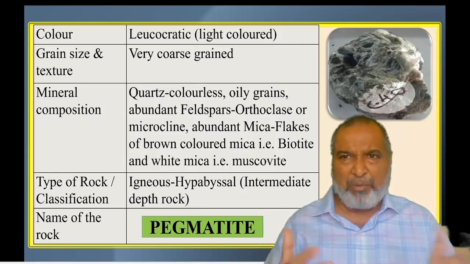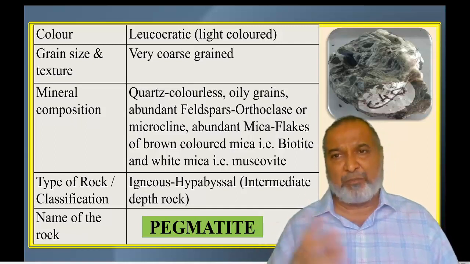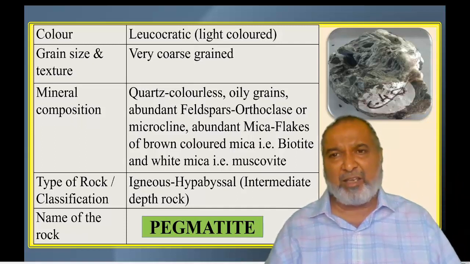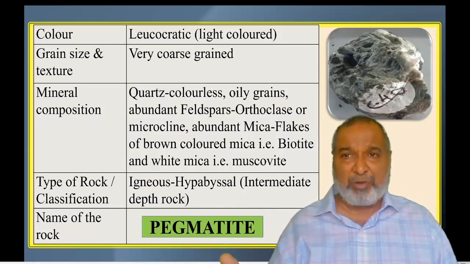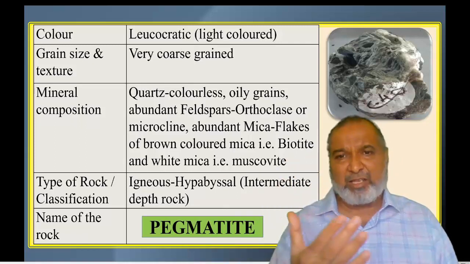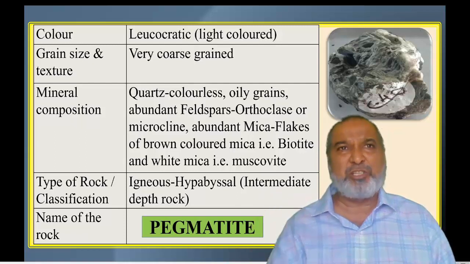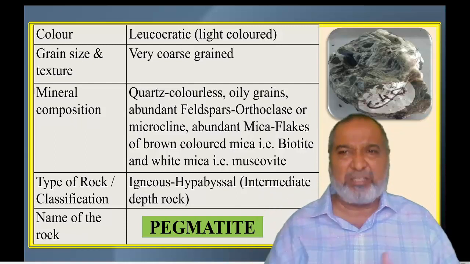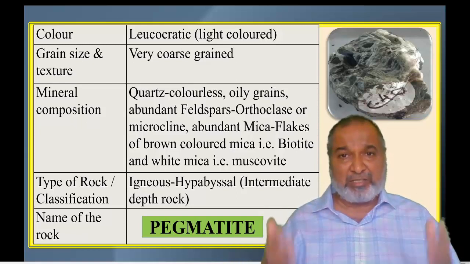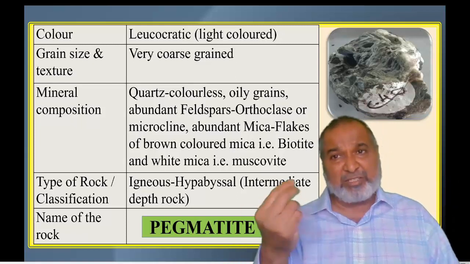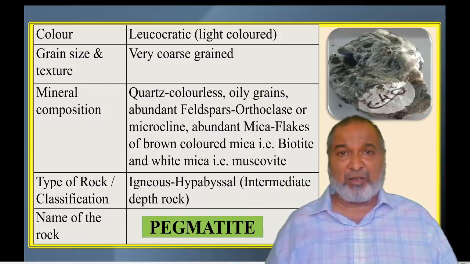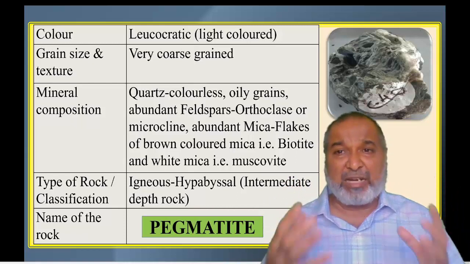For simplicity we just take two from the mica family. One is muscovite, which is light colored, whereas the dark one is biotite, dark brown to blackish, while muscovite is light yellowish. So these are the two easy ones. How do you identify this mineral? Foliated form and pearly luster are the two important diagnostic properties by which you can identify the mineral in that rock. So this is the composition of the pegmatite.